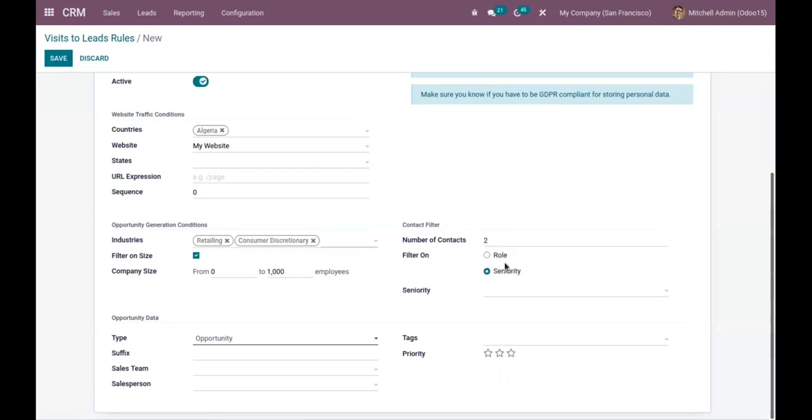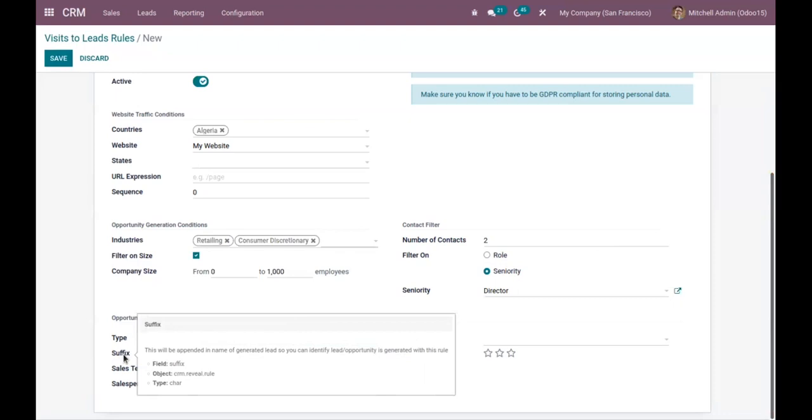So when you choose either role or seniority, you have to provide that from here. Then you can find some details related to opportunity data. That is, you can generate either a lead or an opportunity from this rule. And then here you can provide a suffix.